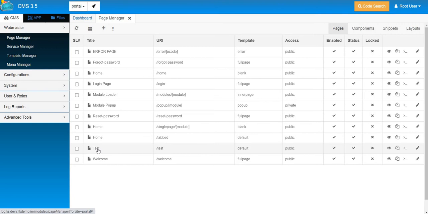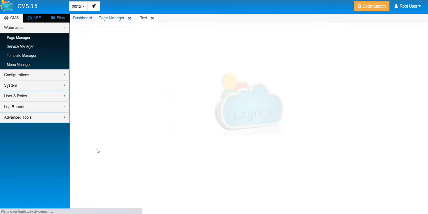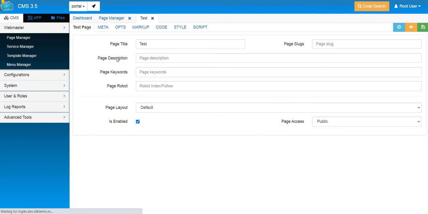Now let's go inside the page. Now here we can see there are multiple tabs. What does each tab represent? So let me explain you one by one. Here in the first tab, all of the information regarding the page should be stored, like what is the page title, description, keywords. All this is required for SEO representation. So you can update it over here, then click on save to update your page.